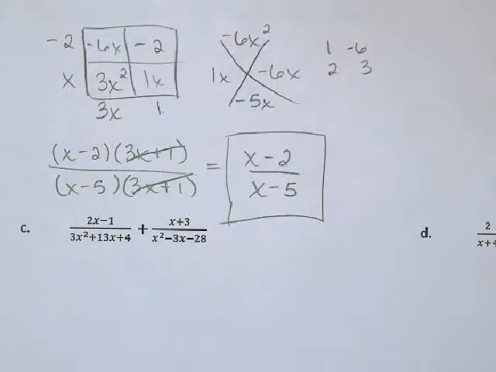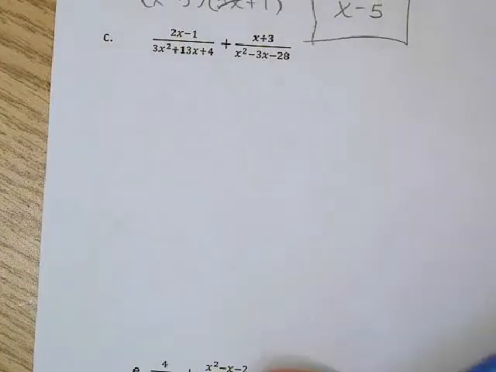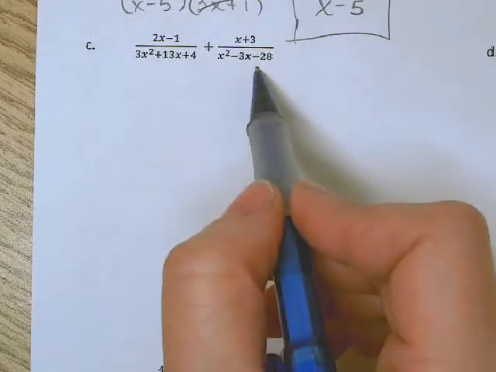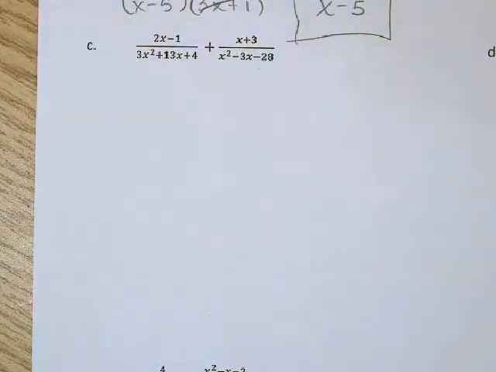A lot of these, just to warn you, like part C, are a very long process. You need to factor both this one and this one, and figure out what common denominator you can make. So it takes patience, and it does take some room, so you may need a separate sheet of paper. Anyway, so that is